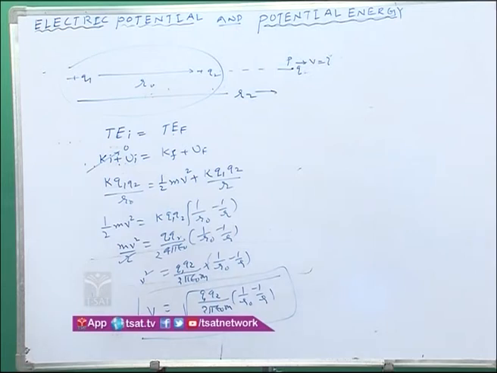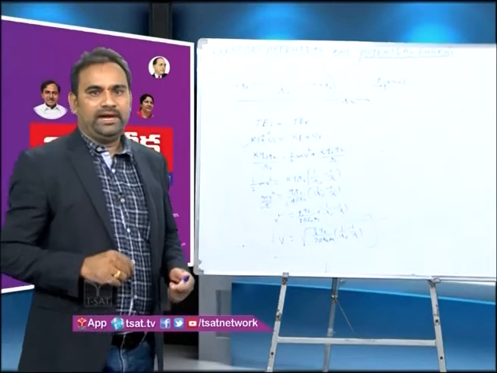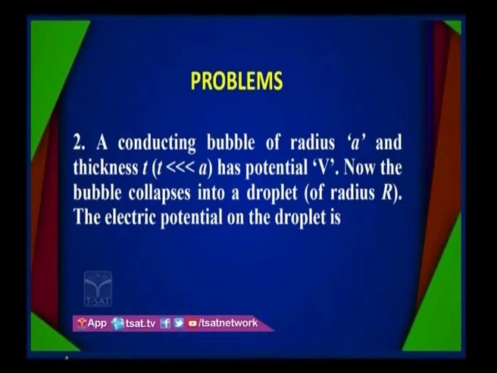Now, the next one is: a conducting bubble of radius a and thickness t, where t is very much less than 2a, has a positive potential V. Now, the bubble collapses into a droplet of radius capital R. The electric potential on the droplet is equal to how much? Second application is